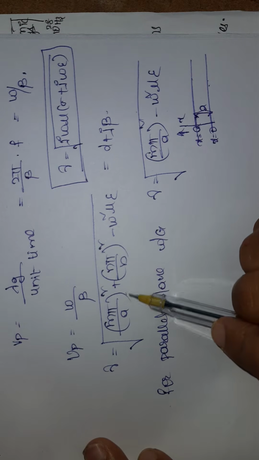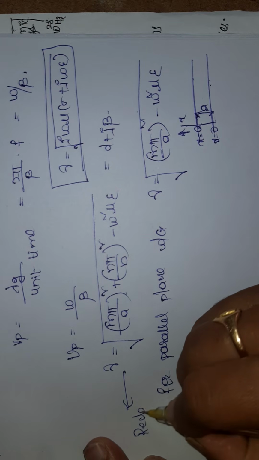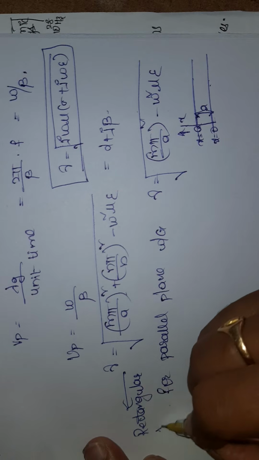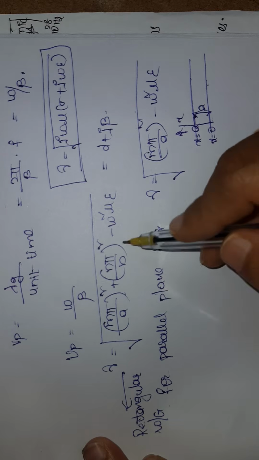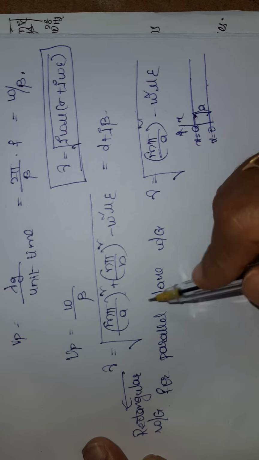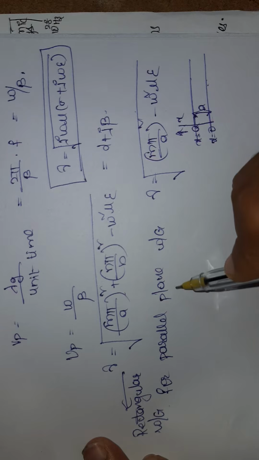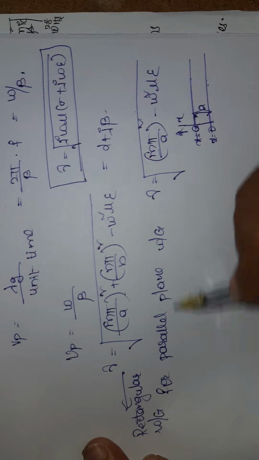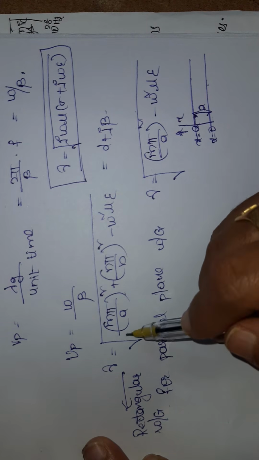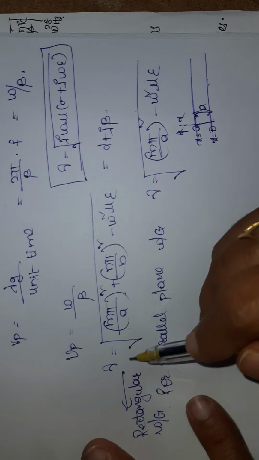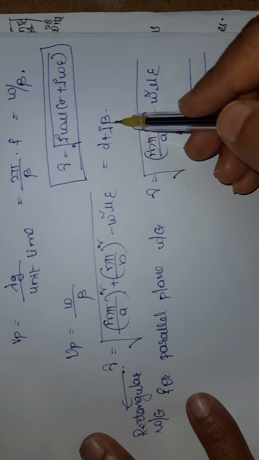But for the rectangular waveguide, I got two terms, because the wave is restricted along two sides, that is along the x direction and along the y direction. Then only we got the waveguide shape as rectangular. So that's why I got two terms, m pi by a whole square plus n pi by b whole square. So if you follow the derivation for gamma in the parallel plane waveguide, you will definitely get the derivation for gamma in the rectangular waveguide. So gamma is equal to alpha plus j beta, attenuation constant and phase shift constant.